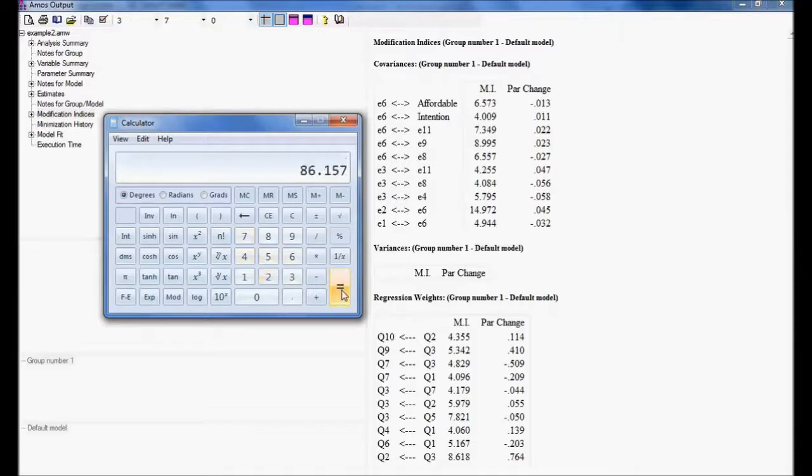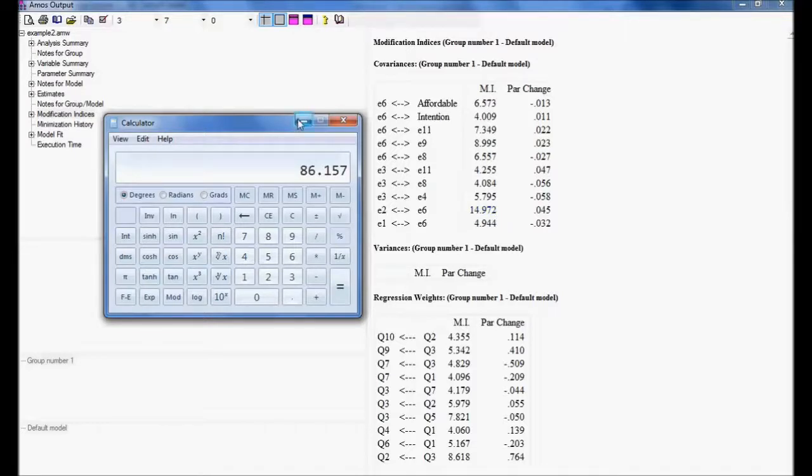Let me see the output. The minimum chi-square will be reduced to 86.157. It can still reduce beyond this, but the minimum it is going to reduce to is 86.157. So this is the usefulness of modification indices. We can know, by maintaining what type of relationship, how much the chi-square is going to change.